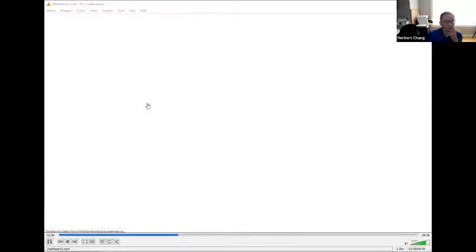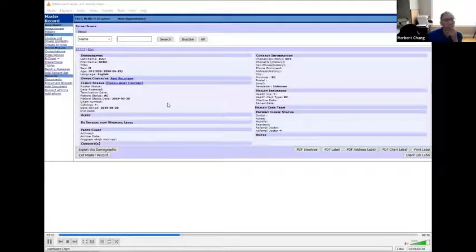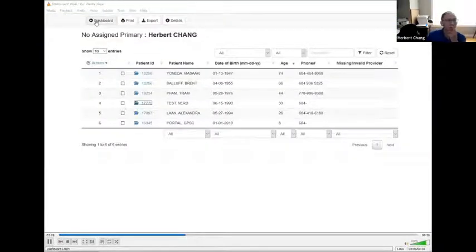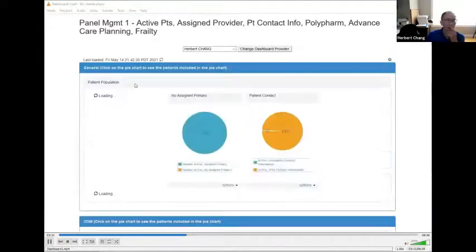Let's click on that. Having no assigned primaries, you can sort them by patient name, birth dates, and different parameters. You can click on specific patient IDs. Let's choose this one. You can see that confirms that there is no patient assigned to this chart, no physician. So if we go back to the dashboard,